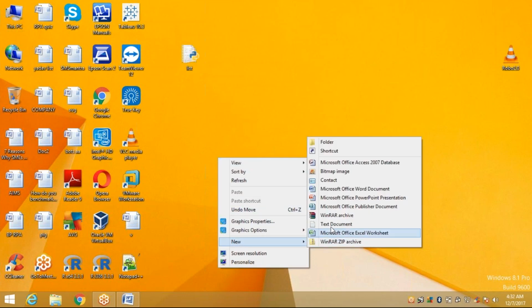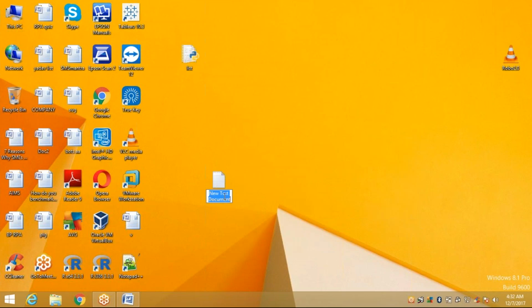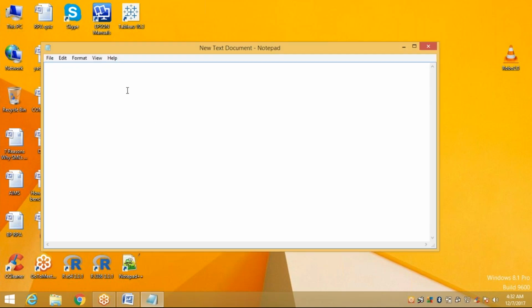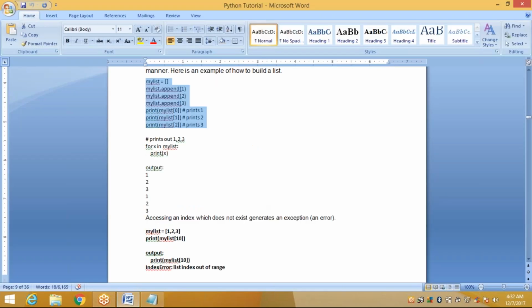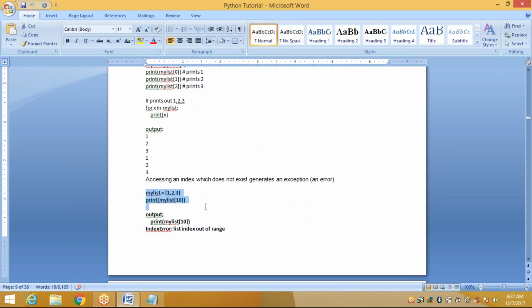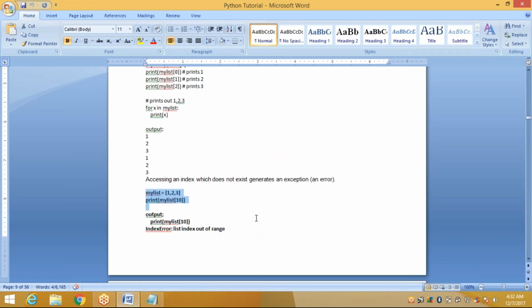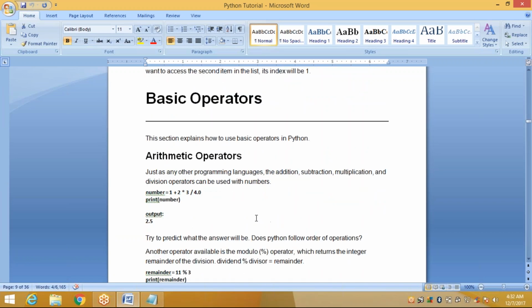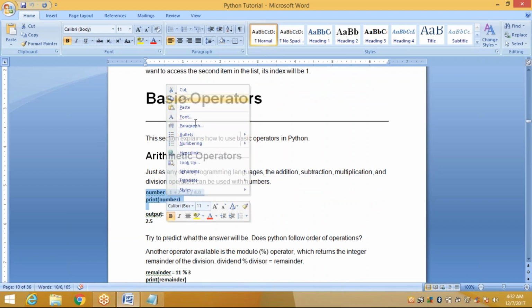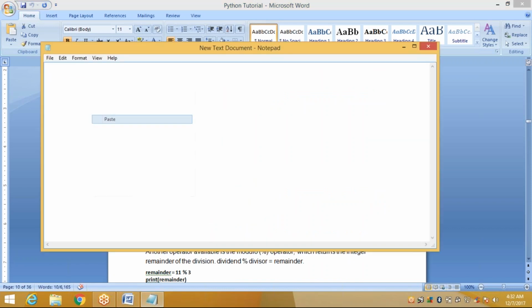Go to the new text document. Okay. Paste here.